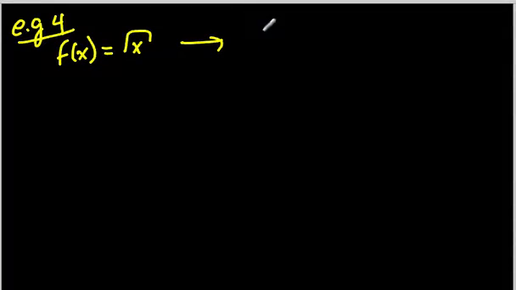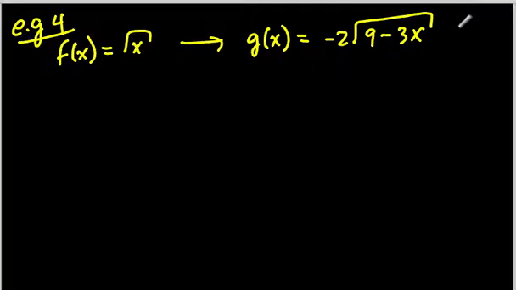All right, so this is example 4, and this is going to be our last example where I give you a parent function of the square root, and I tell you what it transforms to without giving instructions. There will be more videos where I do give instructions, and we'll get to that in the upcoming videos. So, in this example, f of x is equal to the square root of x, and I'm transforming it to g of x is equal to negative 2 the square root of 9 minus 3x